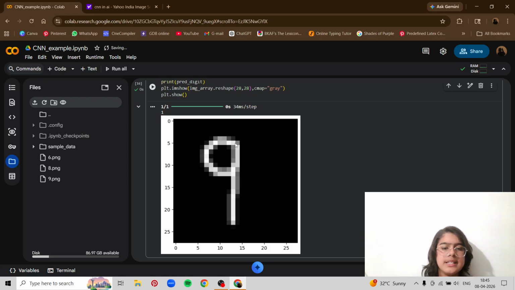So now you can see that again it is showing the wrong answer. It is clearly taking this as 1, this line, and it has many features. If you compare it to 1, it has this line, and many people write 1 like that.